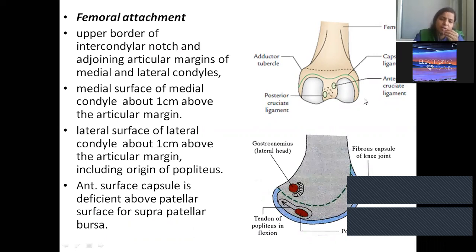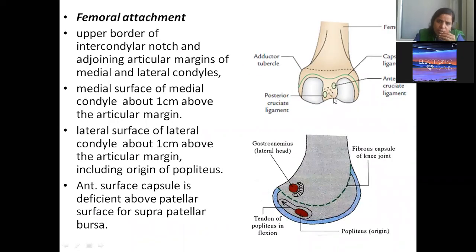So these points are clear. If you understand the picture, automatically you will write in your own words. Then if you observe, we have two condyles, the medial condyle and lateral condyle. Now this is the intercondylar area, inferior aspect of the lower end of the femur. We have two cruciate ligaments. They start from the superior aspect of the tibia and end on the condyles. That is the anterior and posterior cruciate ligaments.